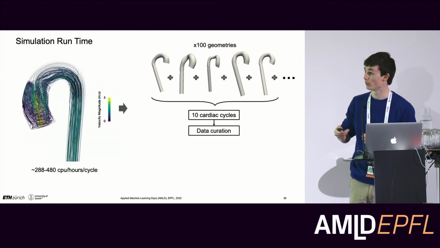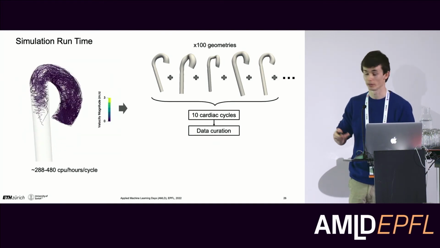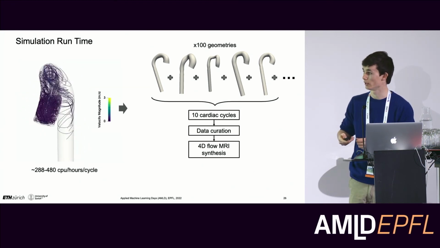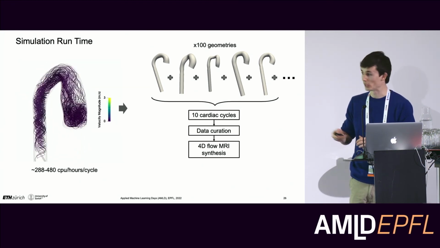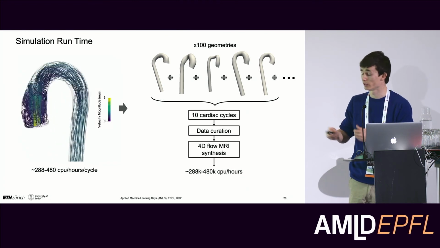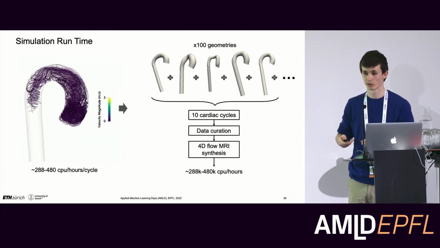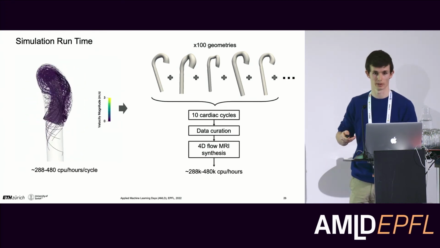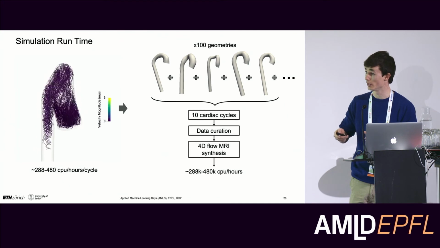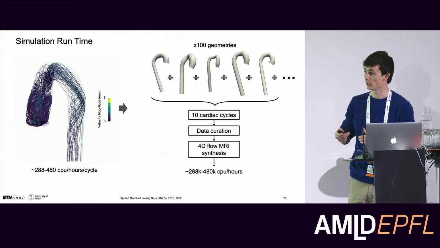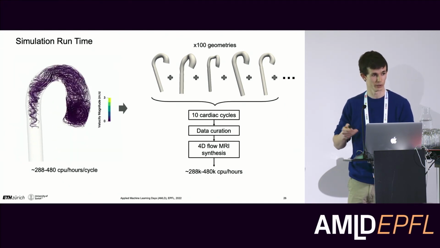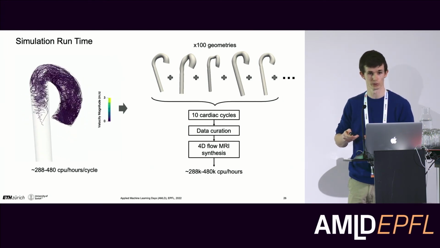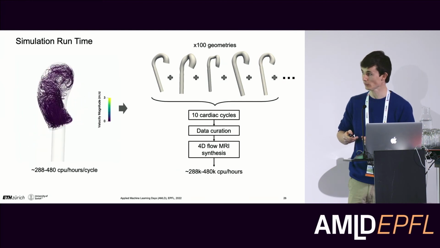We also need time to do data curation, prepare the data. And finally, we also need time to actually create the synthetic 4D flow MRI data. So then we are more in the order of between 300 and 400,000 CPU hours in order to generate the synthetic data set. Now, from studies with the high-performance computing cluster of ETH, we determined that the optimal parallelization level is reached for our simulations with around 200 CPUs per geometry. And this is where